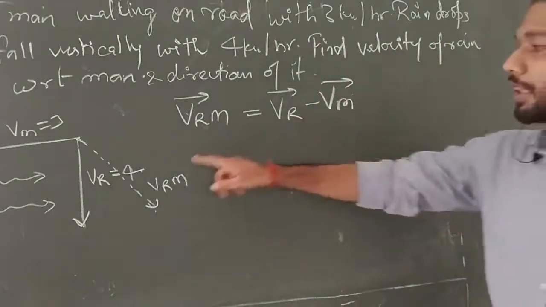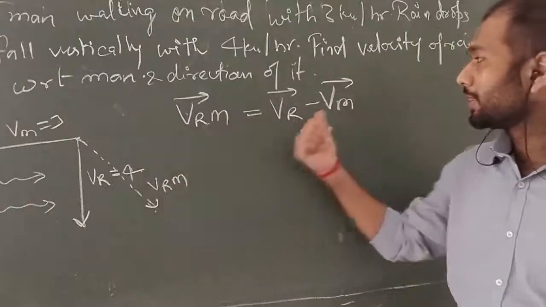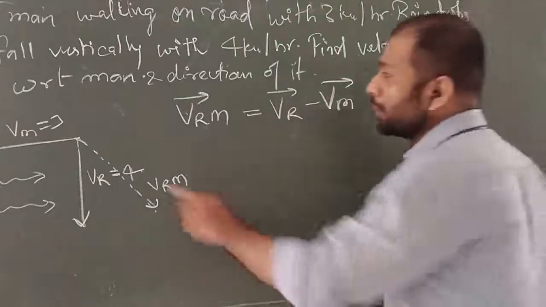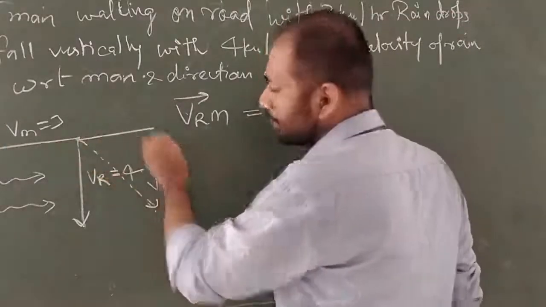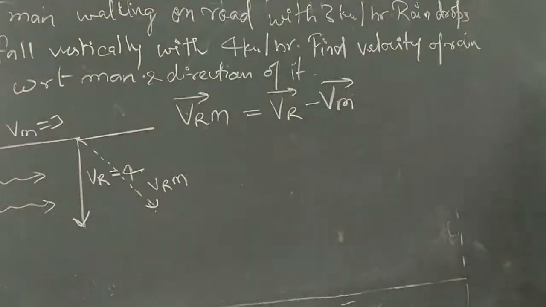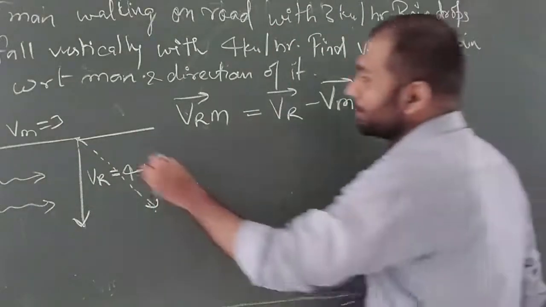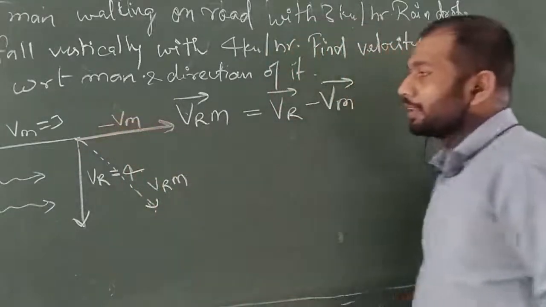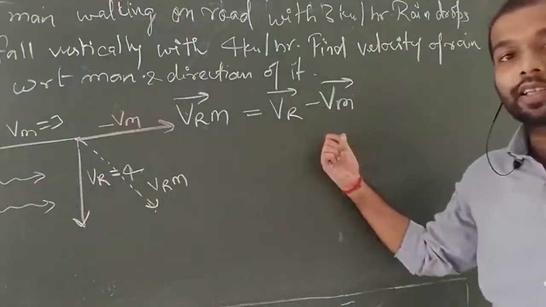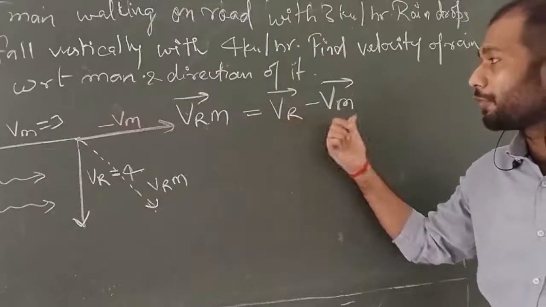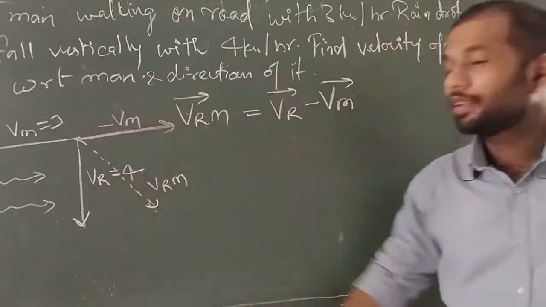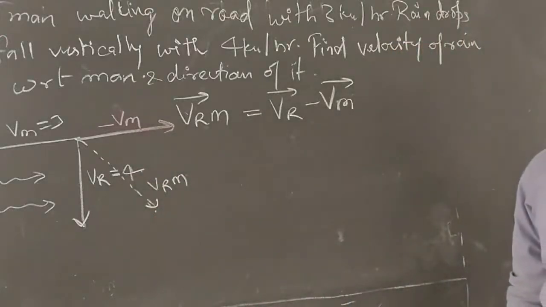Now you can see in the diagram, this is VR, this is Vm but negative, that is negative Vm. Let me use the other chart. Now this is our minus Vm. That is the resultant of Vr and Vm, as I told you. What you can see from here is they are making a 90-degree angle.